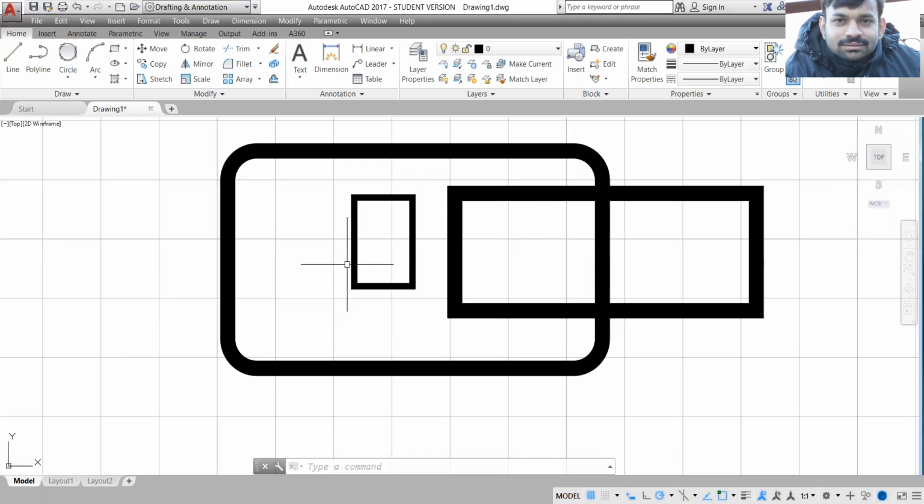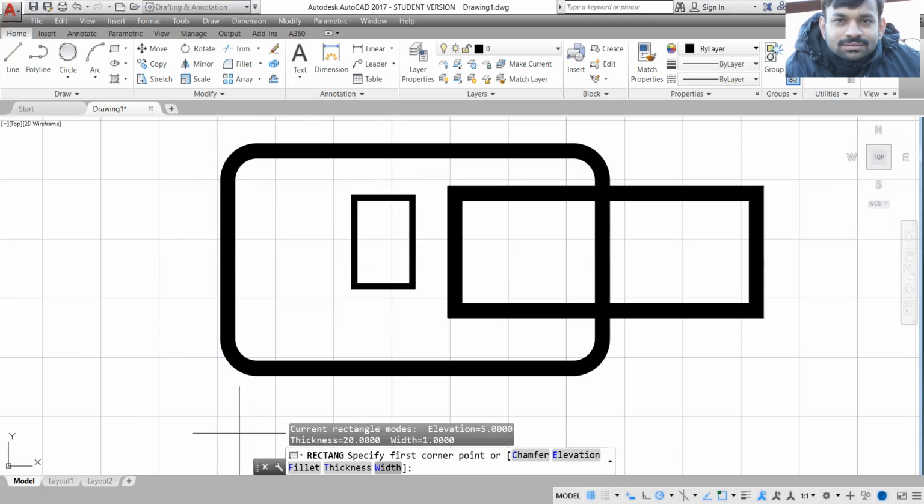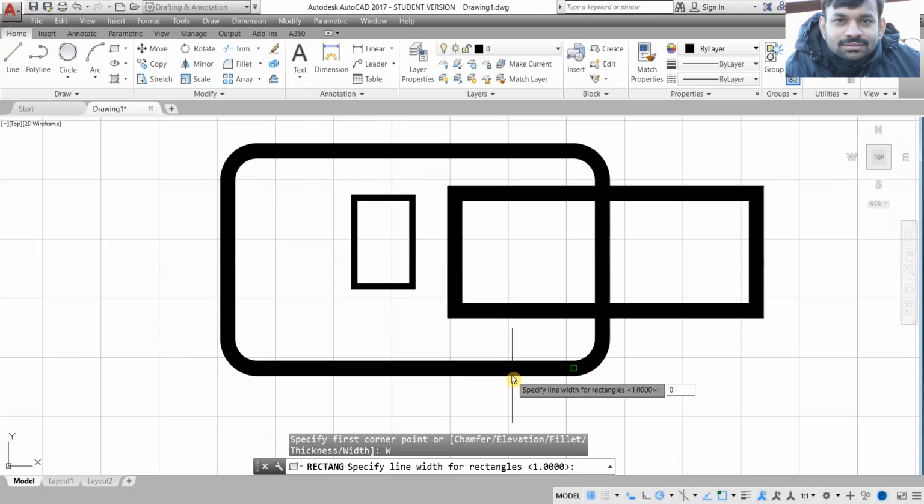Again, if I want to reduce the width to regular lines, then I can select the width command and press enter. Let me show you that. Rectangle. I'll go to width and I want it as 0.